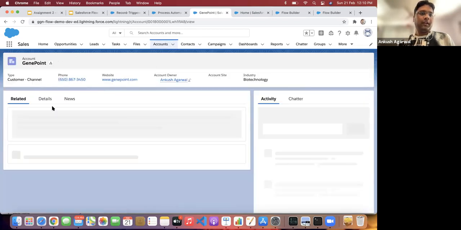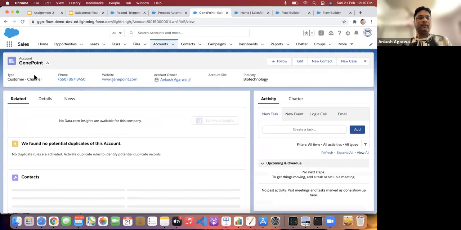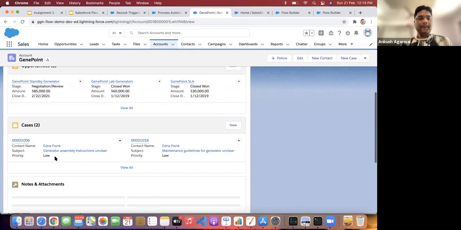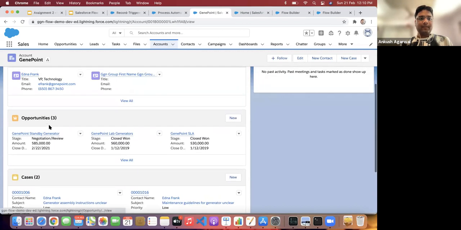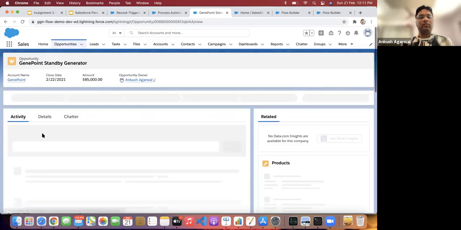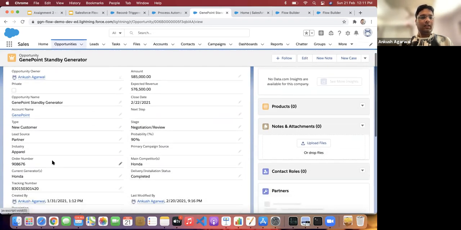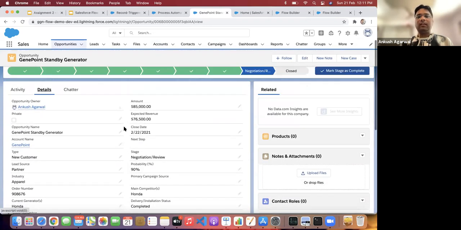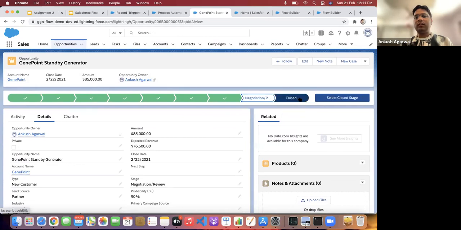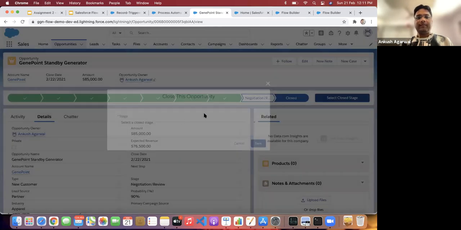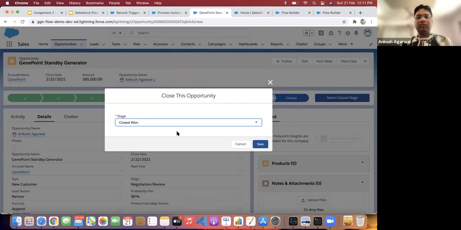I'm just going to one of the accounts. And here we have three opportunities. This particular opportunity is in negotiation, and it already has industries. So I'll close it and update it as closed won.